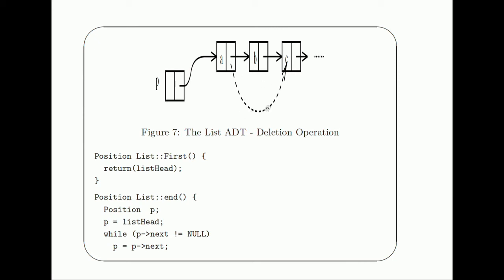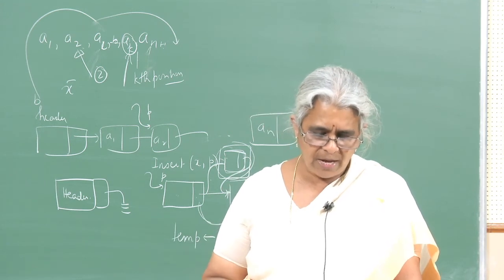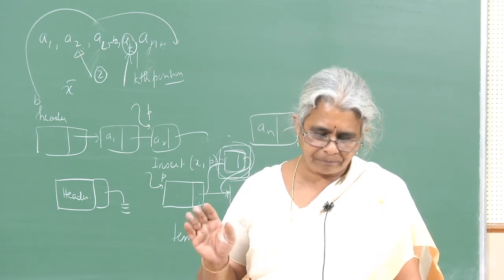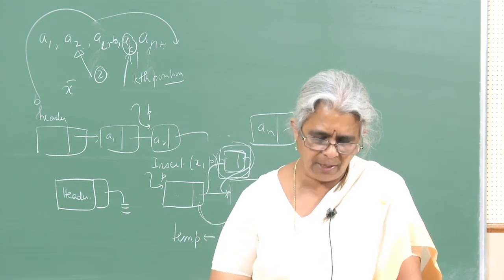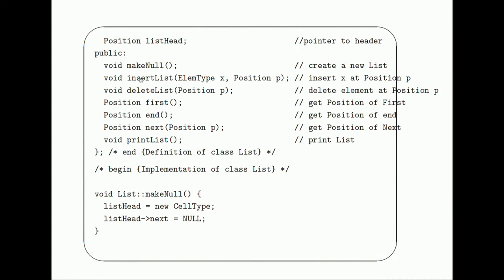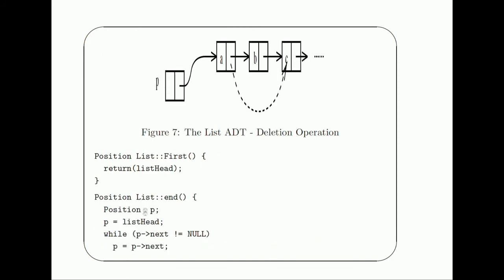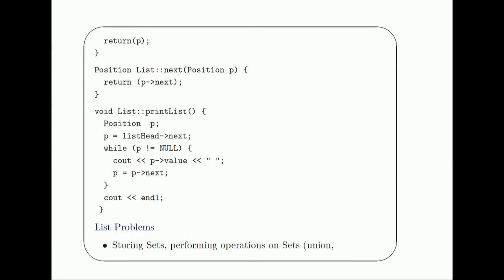Okay. So this is something which is very nice about doing your own implementation. Why is this okay? You may wonder, what happens to the user of the program, because you are not giving access to the data structures which is defined within the class. You just do not have to worry about it. You know that you are doing the bookkeeping, and as long as the operations which you have defined, which operate on the ADT, are consistent with each other, you do not have to worry about it. Similarly here, going to the end of the list means this goes till the position is null. Okay. Then there is one for print list and so on.